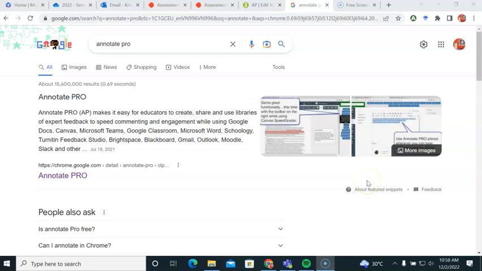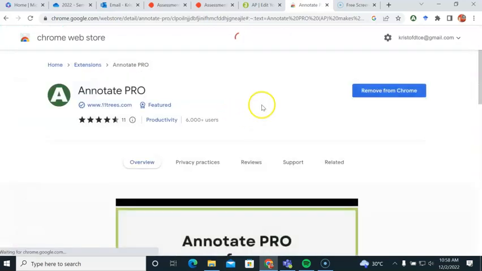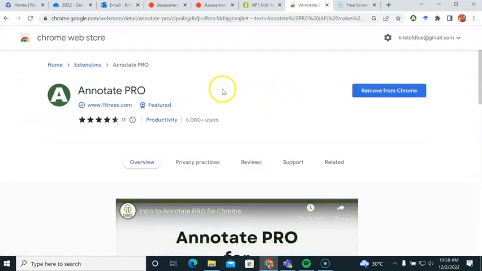Hi, I would like to share with you a really cool little tool called Annotate Pro, which you can use to help you with your marking in SpeedGrader. And the really cool thing about it too is that it has a Google Chrome extension, which really helps out in so many different ways. And I'll show you how you can implement and use it as a supplementary way to provide feedback to your